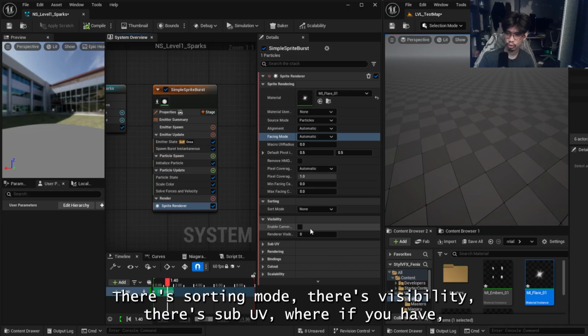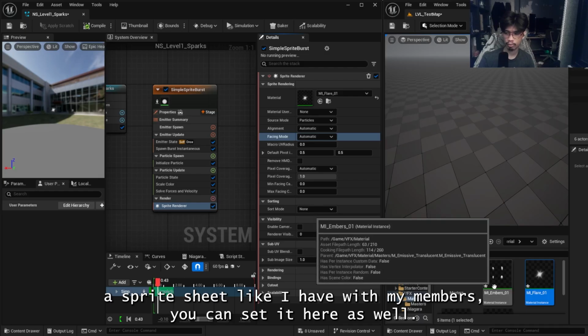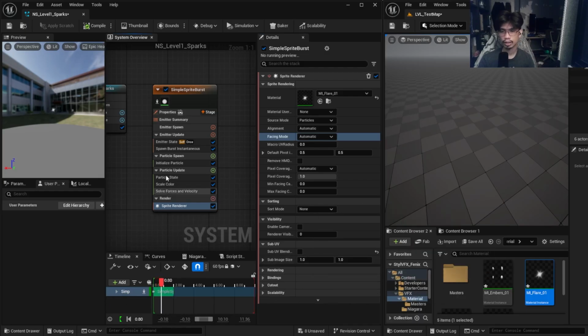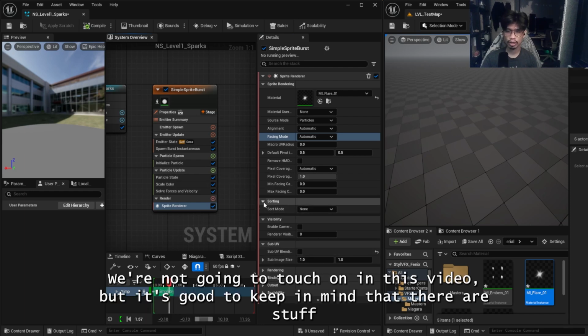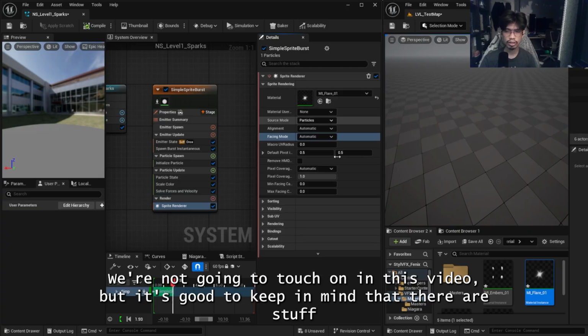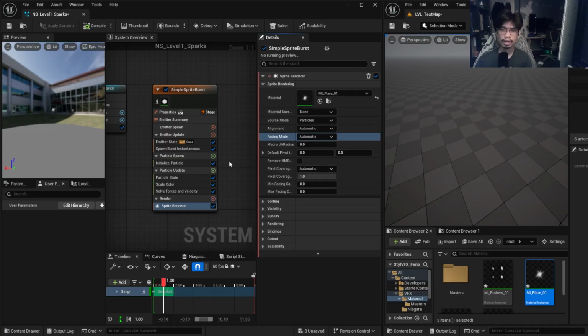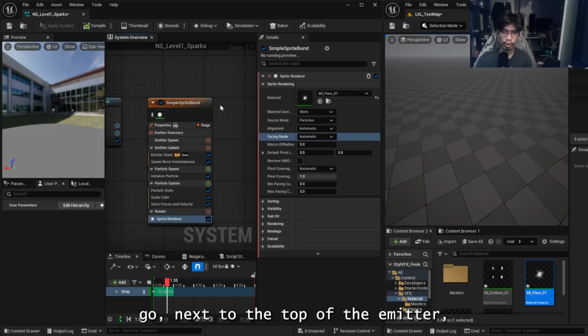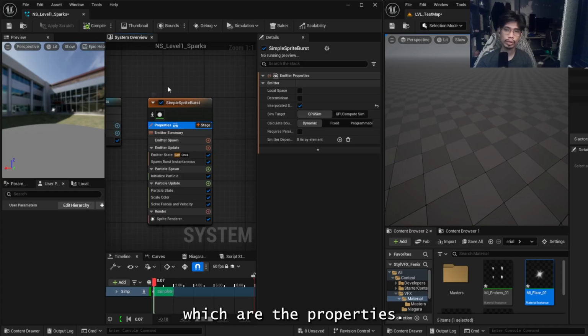What else is here? There's sorting mode, there's visibility, there's sub UV, where if you have a sprite sheet like I have with my embers, you can set it here as well. And there's a bunch of options here we're not going to touch on in this video, but it's good to keep in mind that there are things here that can be important depending on the application that you're going for. And then we're going to go next to the top of the emitter, which is the properties